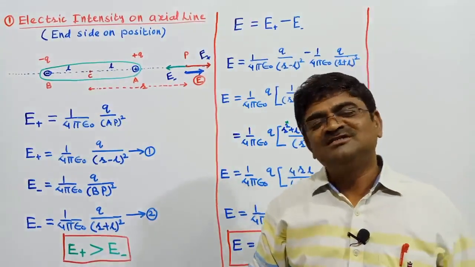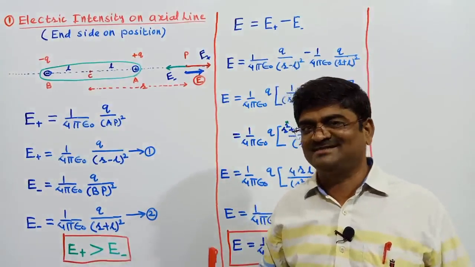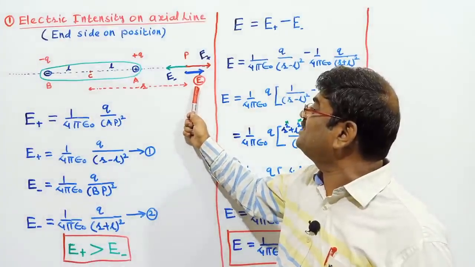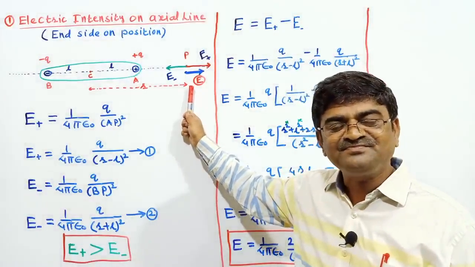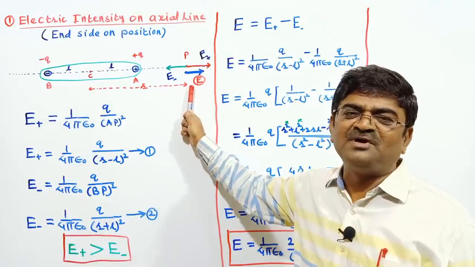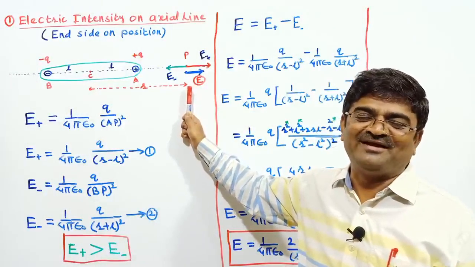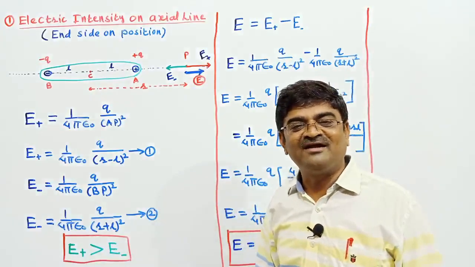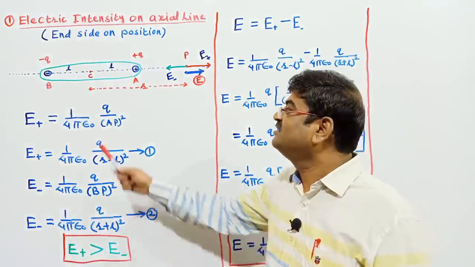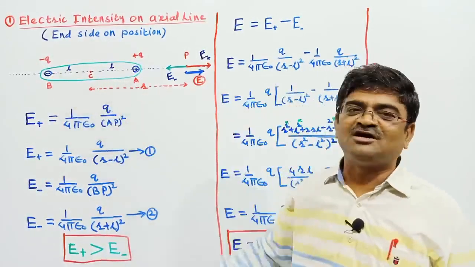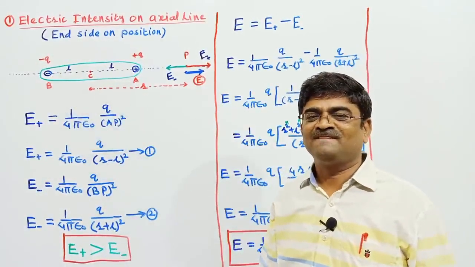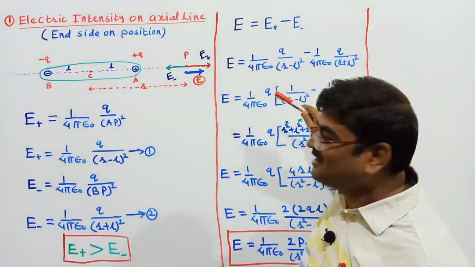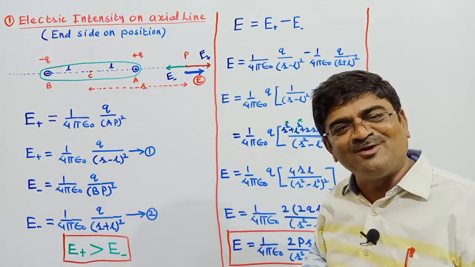So once I am done with this, to generalize it, I would say electric intensity at this point P is in the same direction to that of dipole moment. Just now I have narrated to you about direction of dipole moment. What is the direction of dipole moment? From negative to the positive charge of the dipole. Negative to positive, this is the direction. And direction of E is same to that of dipole moment.